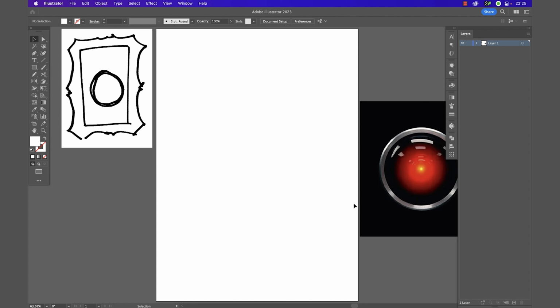Hey everyone, here we are again back in Illustrator. This little sketch up here in the top left is the thing we're going to be aiming for. It's something that I discussed earlier when we were coming up with ideas. The idea of using the HAL robot from Space Odyssey to get across this looming eerie presence,